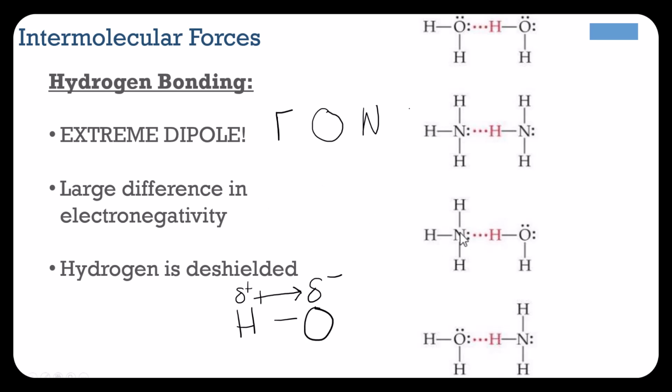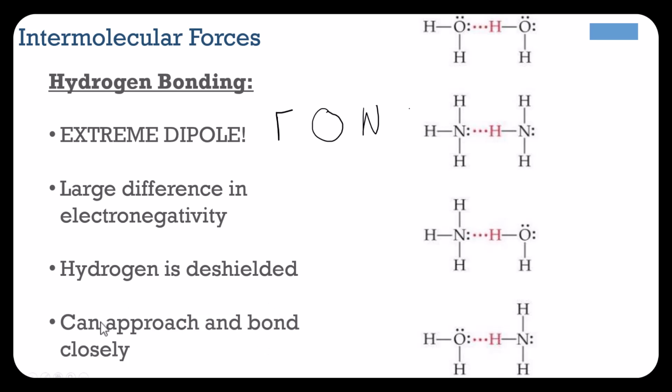So between the fact that there's a large electronegativity difference between nitrogen and hydrogen, fluorine and hydrogen, oxygen and hydrogen, these are teeny tiny atoms. They can get really close together. And then the fact that when hydrogen loses that electron, his positive center is exposed. He's de-shielded. Those three factors work together to create this extreme dipole moment. And it's so extreme and so important that we call it hydrogen bonding. We call it its own thing.